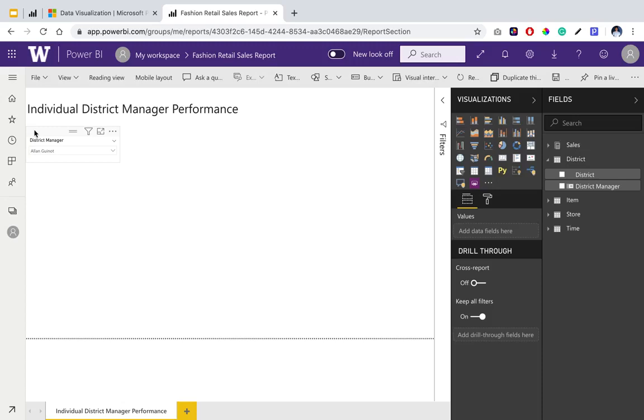Okay. And the importance of this line chart is that we want to know as a business whether a district manager is actually meeting their sales targets. So we want to see whether they're meeting their sales goals and accordingly then review their performance. So to do this, what we're going to go ahead and do is go to the